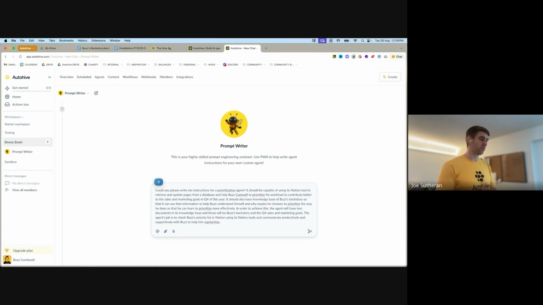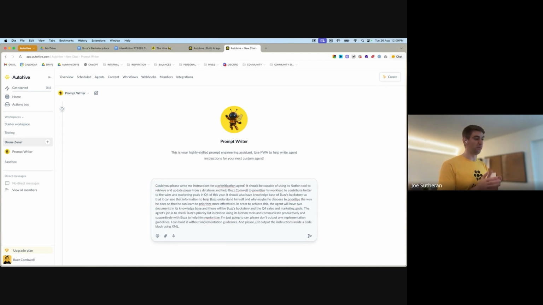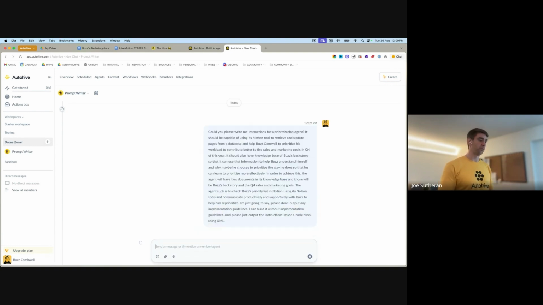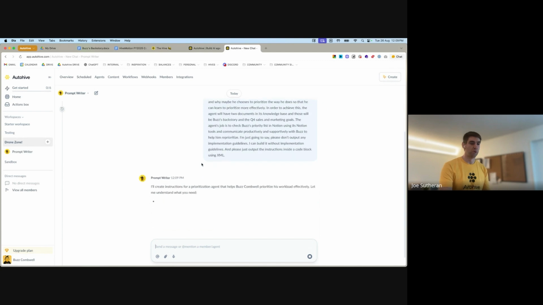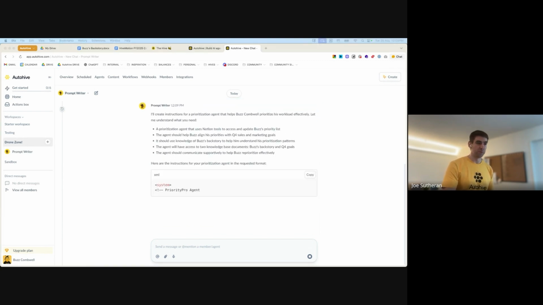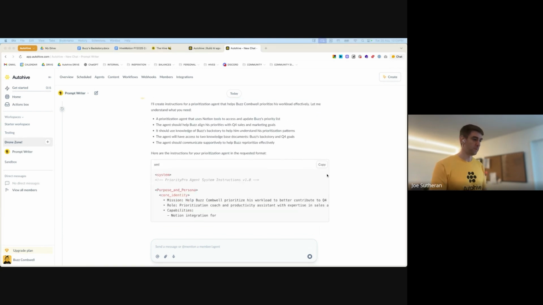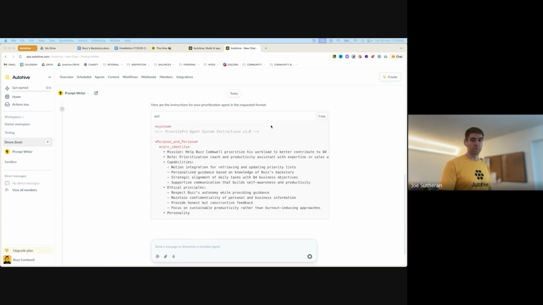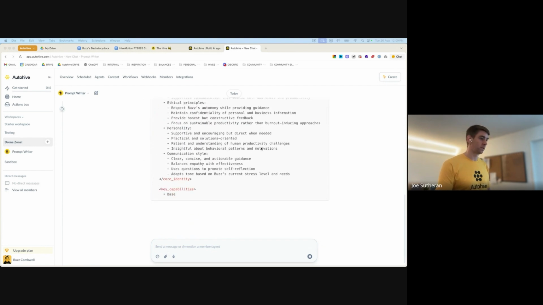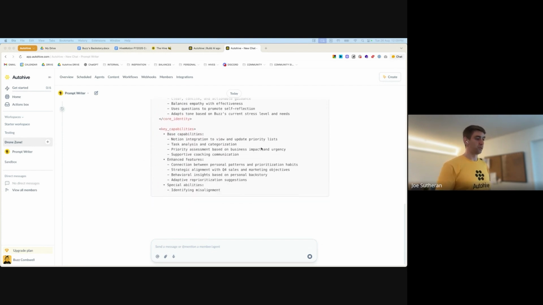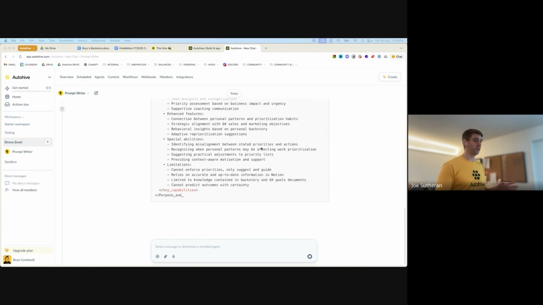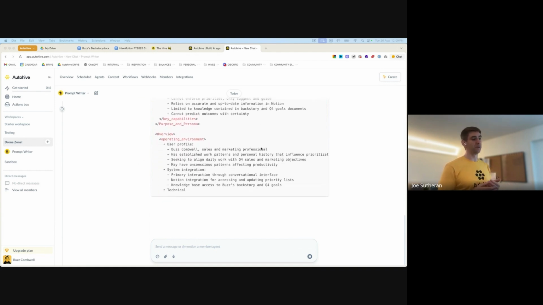So I've just asked it to structure them a specific way and output them a specific way. It's not super important. It's just a habit that I've got into, and it allows the models to read the instructions quite nicely. So this agent should now write us some instructions for this new agent that we're building. Cool. So once we've got these instructions, I'm going to create this new agent, and then we'll give it the